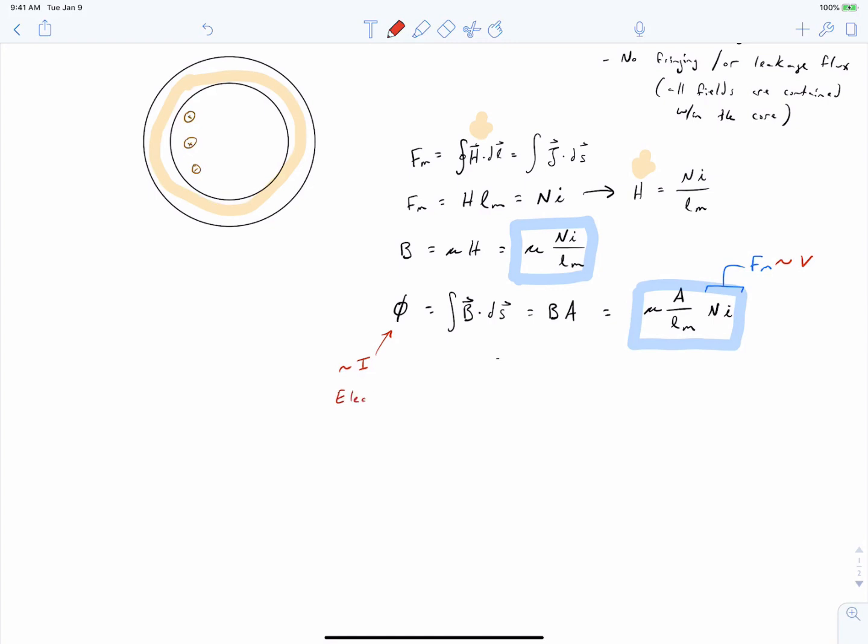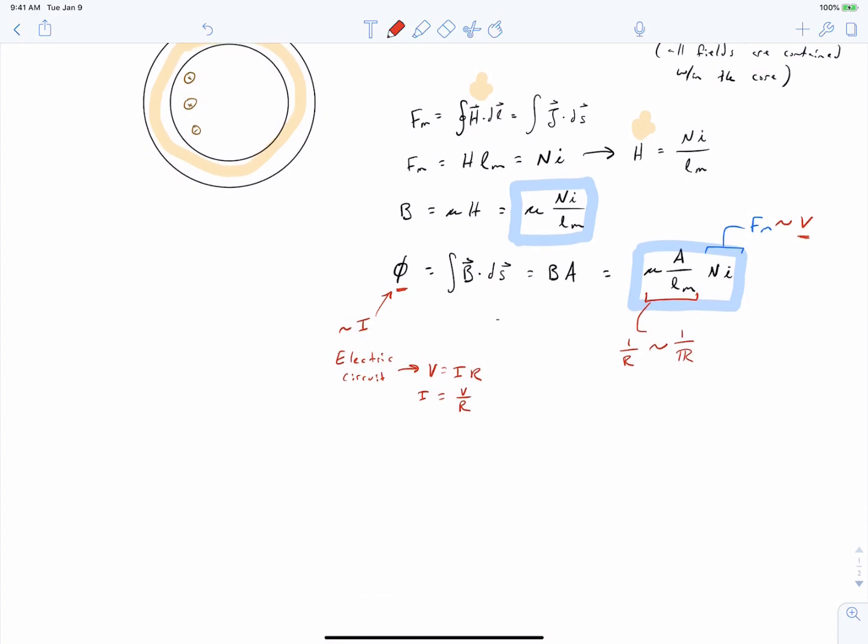So in an electric circuit, we're governed by Ohm's law, that V is equal to IR, or I is equal to V by R. In this case, we've got I on this left-hand side up here, so we've got phi, and we've got our voltage over here. And so we can talk about this quantity right here being analogous to 1 over resistance. And so what we do is we label this as a reluctance. We say that this quantity right here is a reluctance, which is analogous to a resistance, so that we can write out Ohm's law for a magnetic circuit as being